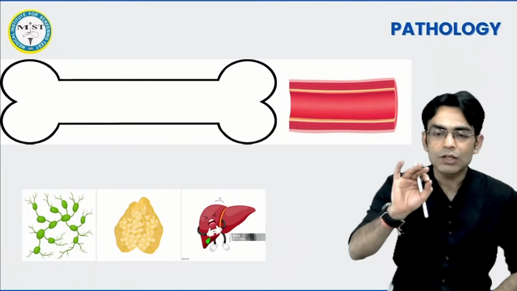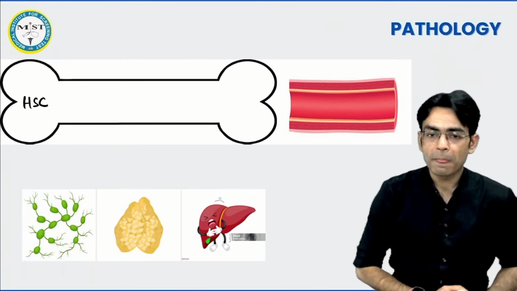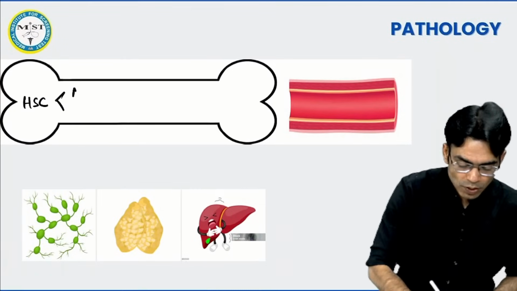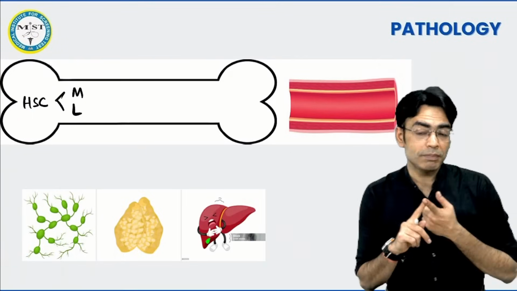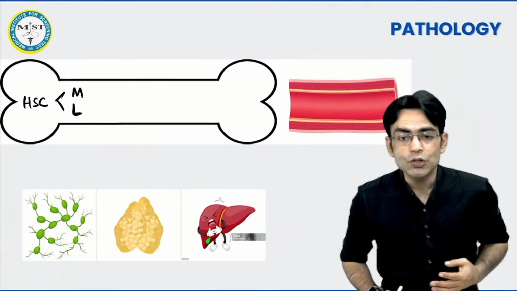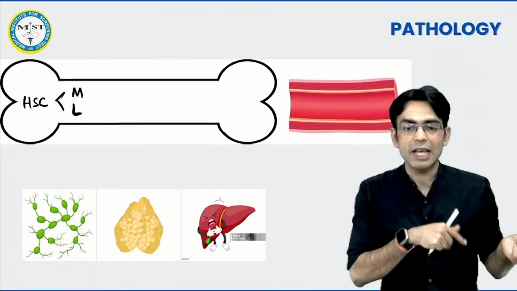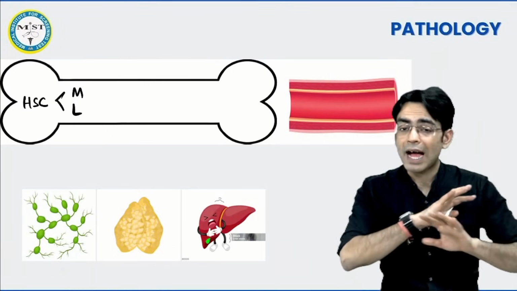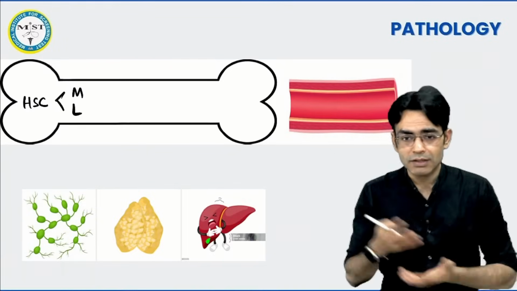Just listen to me for 5 minutes. We have a hematopoietic stem cell. The hematopoietic stem cell converts into myeloid and lymphoid. Myeloid cell, look, how many cells do you have in the blood? 7 cells, okay? This question, whether it is AML, CML, CLL, ALL, I get maximum questions on this. So let's do it.